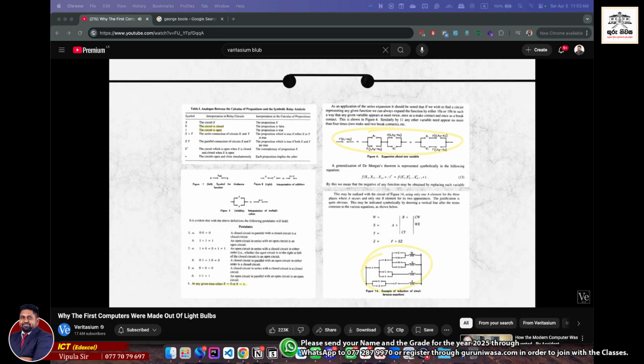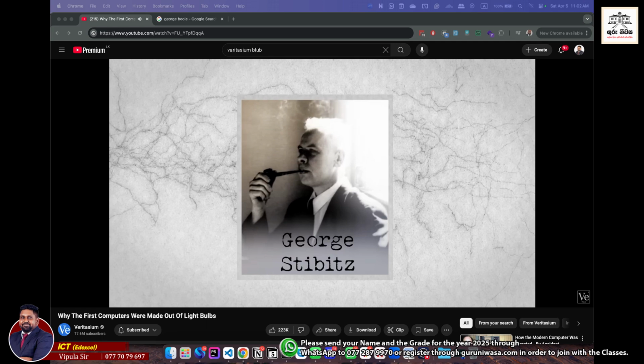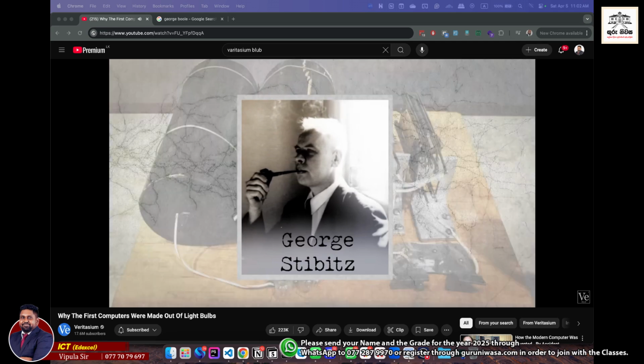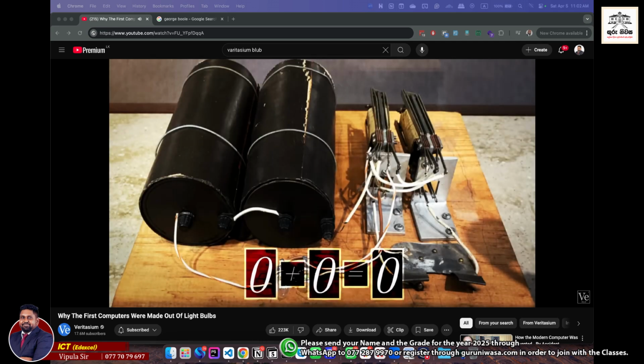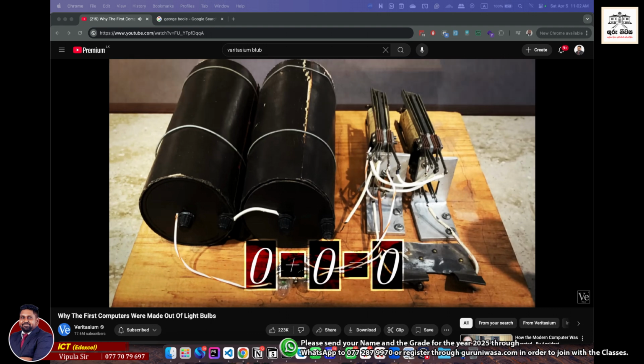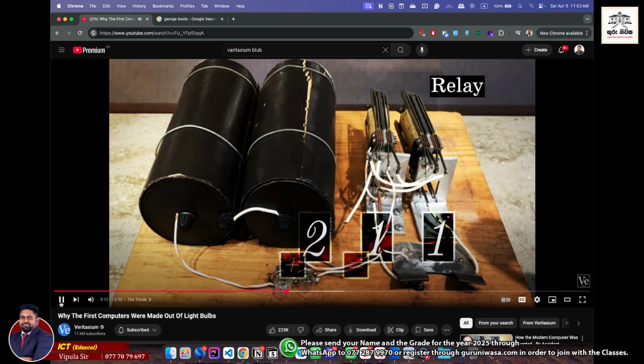That same year, 1937, George Stibitz built the first digital calculator. It could add two 1-bit binary numbers. That is, it could add two numbers so long as they were either 0 or 1. The calculator worked using a relay that